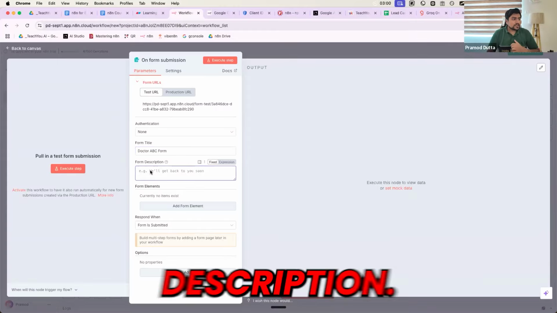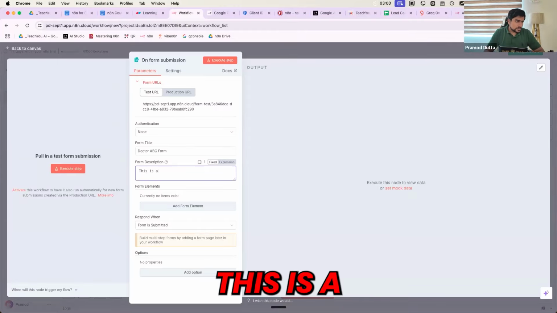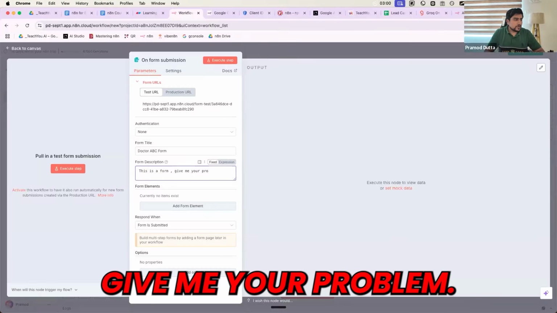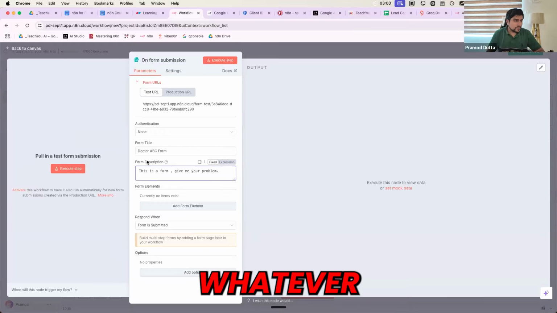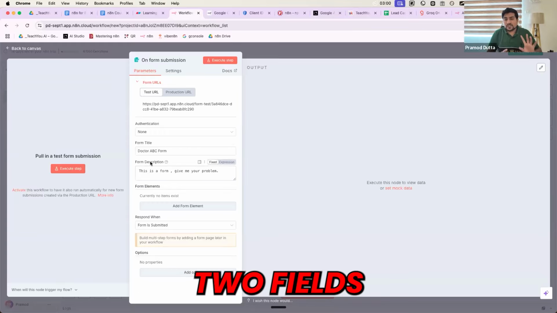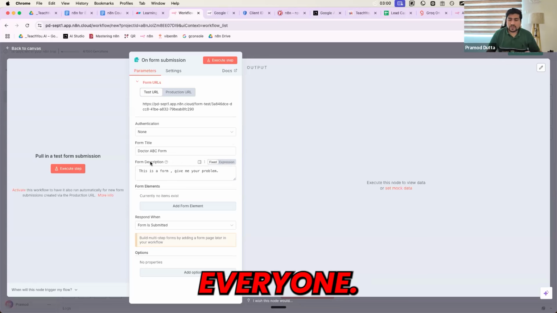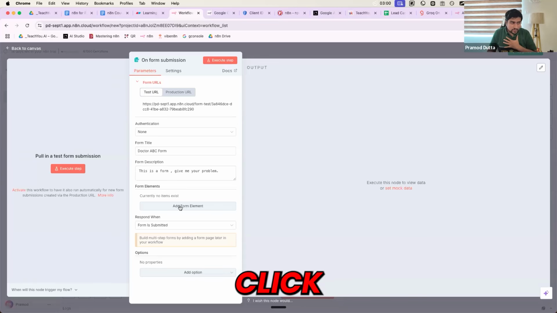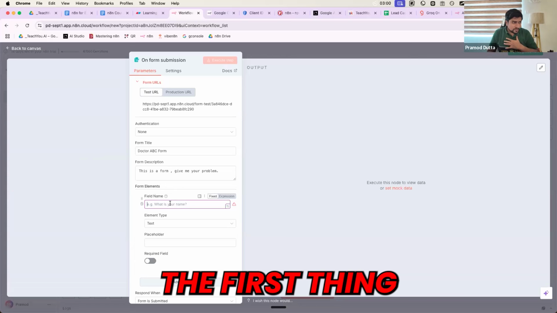Okay, good. Description: this is a form. Give me your problem, everyone, whatever the problem that you have, you can basically add it. What are the two fields that we need to capture, everyone? If you click on add form element, the first thing we need to capture